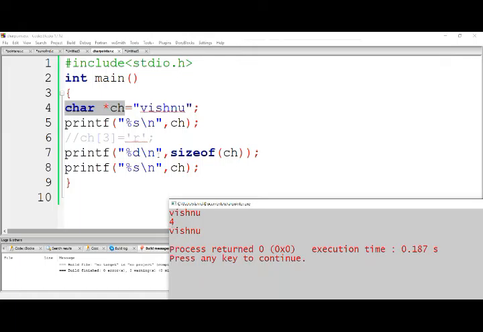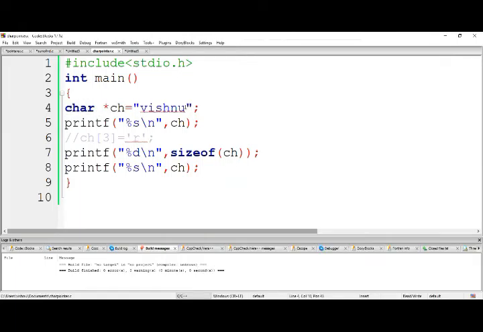You got my point? In the previous case, the array creates the memory in the stack frame, whereas now it has created it in read-only memory. What does it denote? Let me show that one. Now, can I change the value like this? As it is, it simply denotes the values like this. Let me show you.